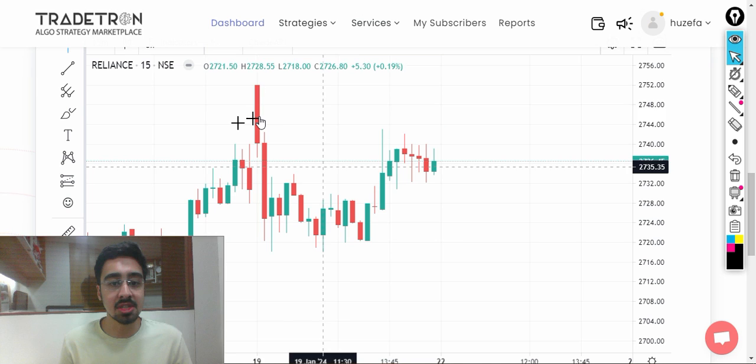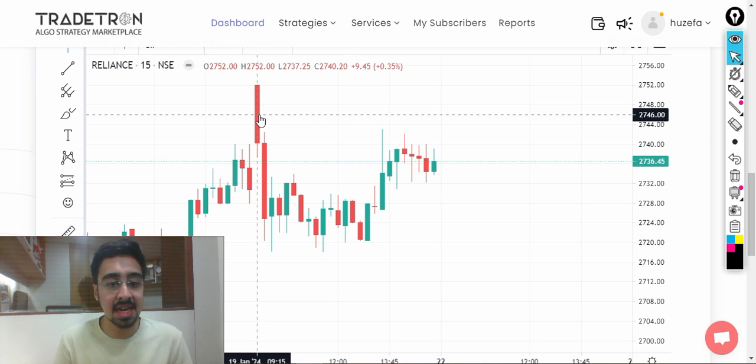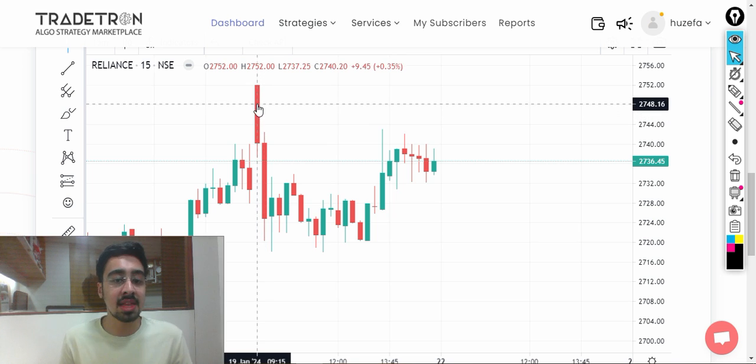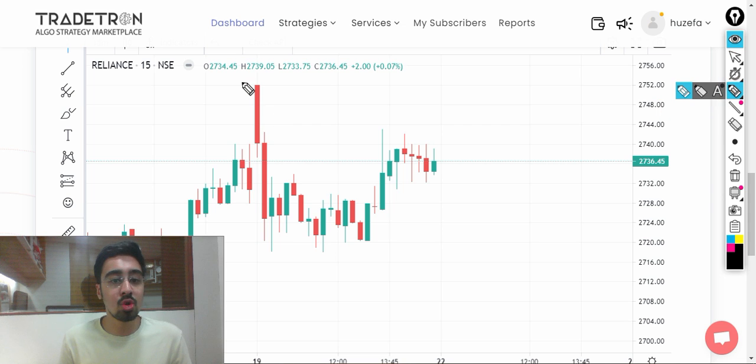Now this setup would work very well on trending days and would not work very well when there are range bound movements. Since there are so many stocks, it's quite bound that at least one or multiple of those stocks will basically be trending. Now here, we are basically looking at this 9:15 to 9:30 candle. Again, you can choose any different time frame and test it on different time frames and see what works best for you. Once this low of this candle is broken, we are basically going to take an entry,